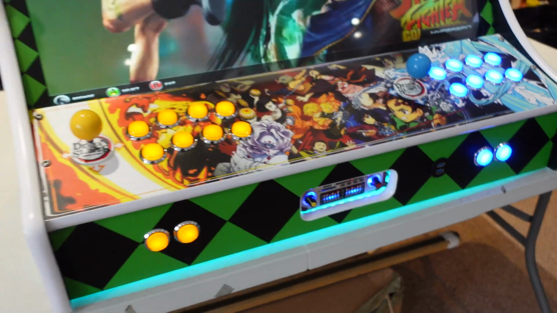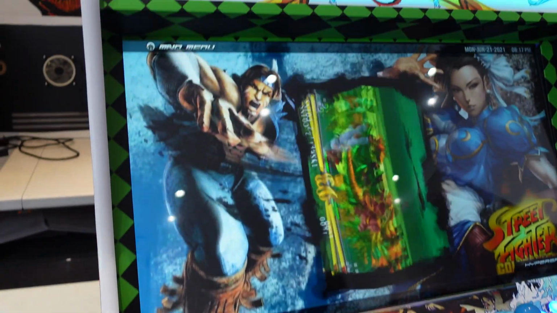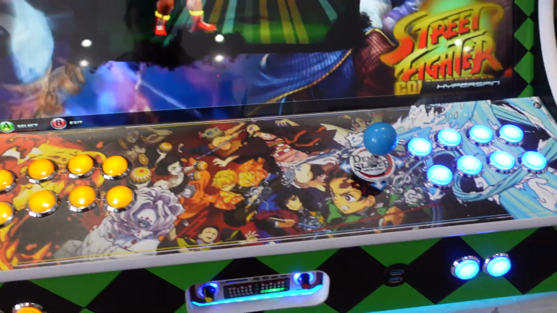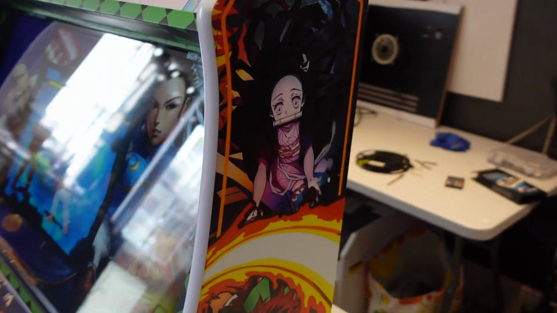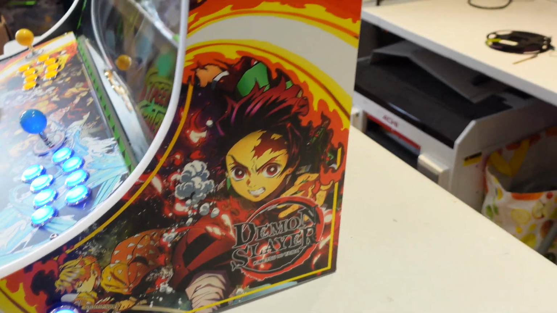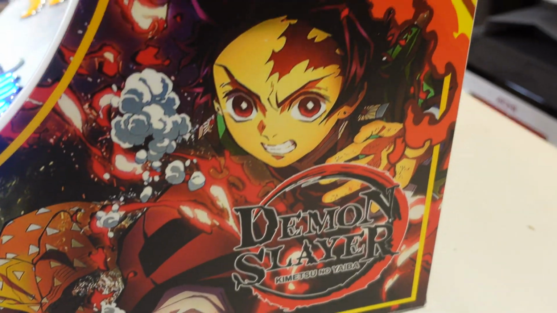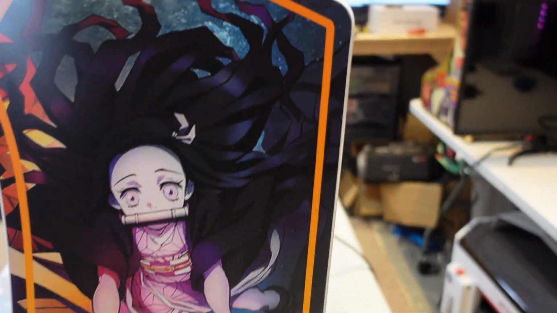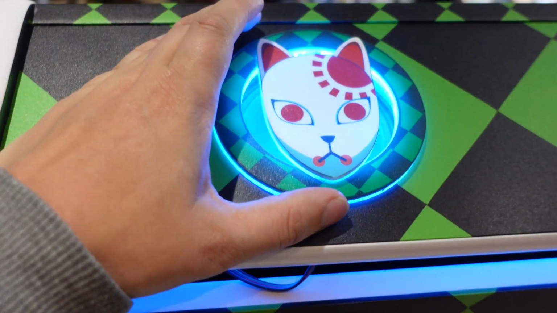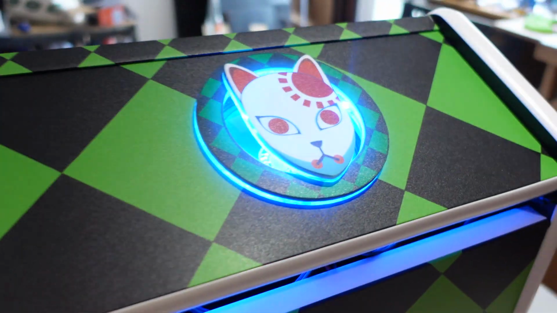And then we have that nice green and black checkered theme throughout the center art there. And then over to the right, it's more of a yellow theme on this side, with the flames coming around there. And then up on the top here, we have those masks on there as the custom grills,